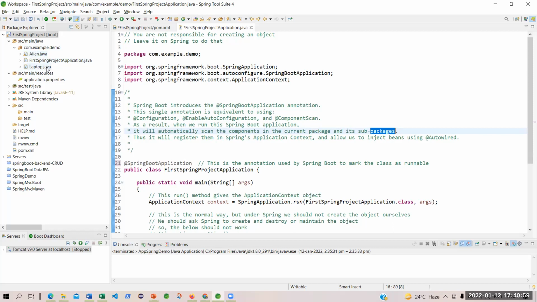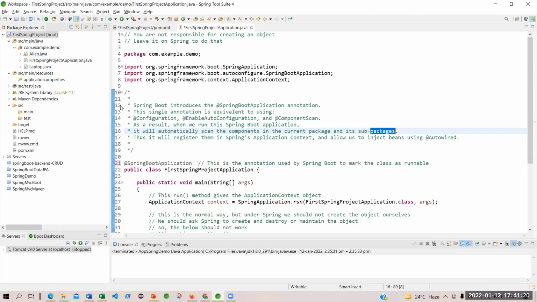Java resources. Now, this could have been in a separate sub package or in the main package. Whatever the current package and its sub packages, all these are components. These are now not only Java objects, these are components. We will see that.